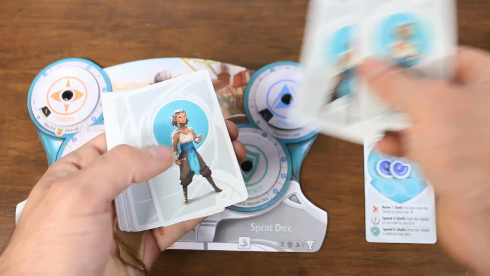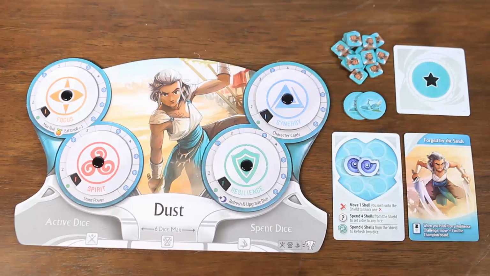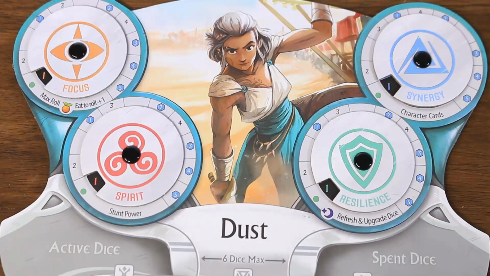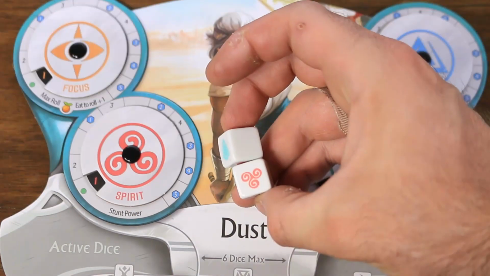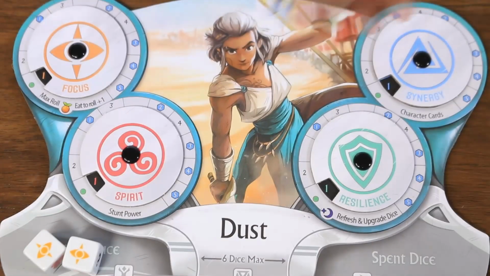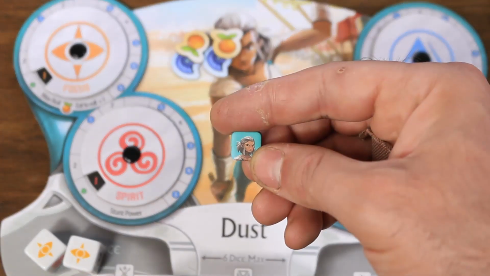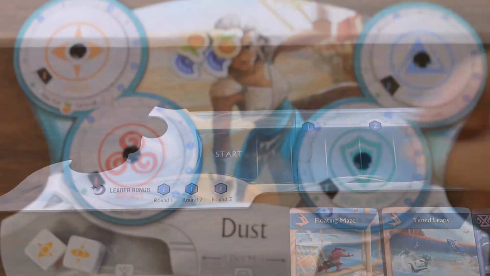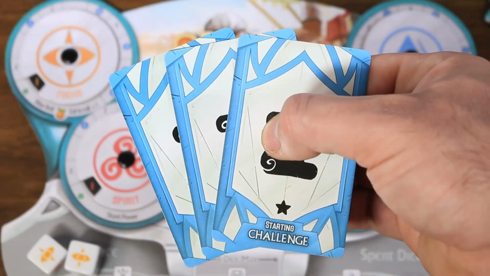Draw 3 starting skills, choosing one and returning the rest to their skill deck, shuffled. Set each trait to their starting level, indicated by the green circle on each track. Take 2 white novice dice, 2 shells and 2 fruit into their supply. Place 1 hit token in the starting space of the challenge board, and then finally draw 3 of the starting